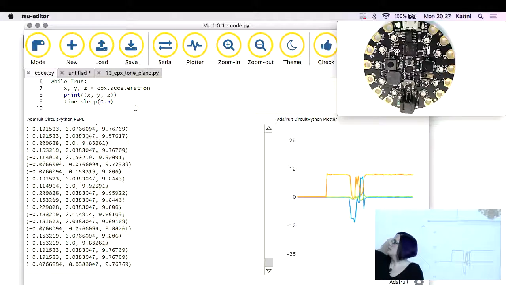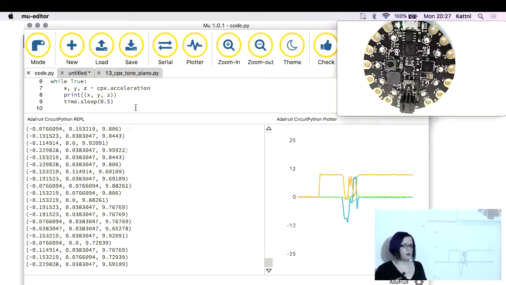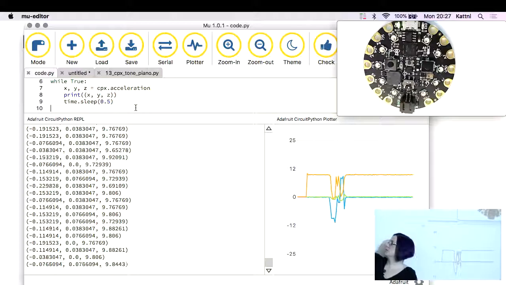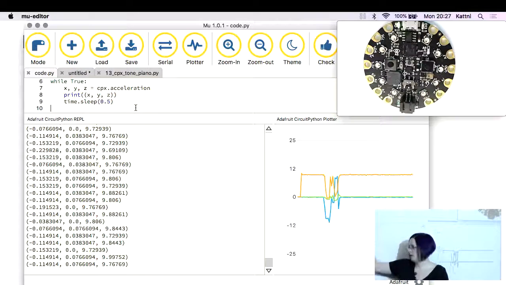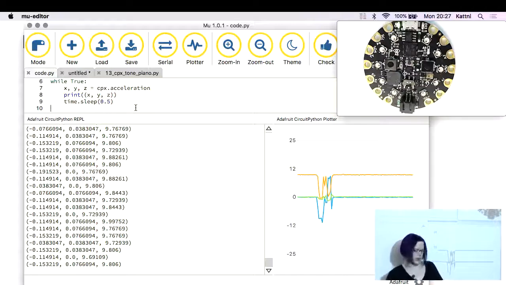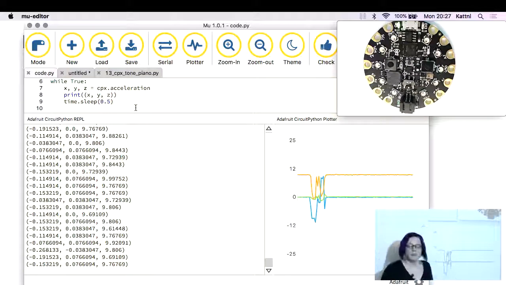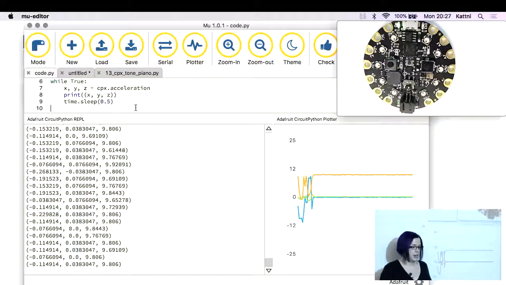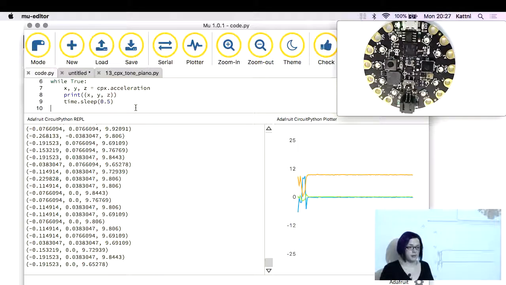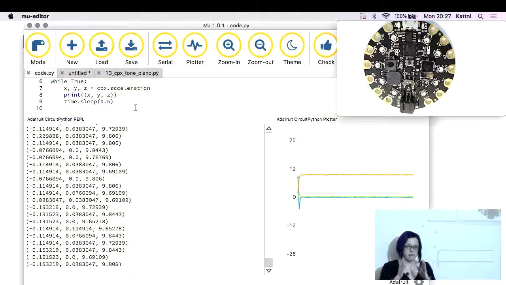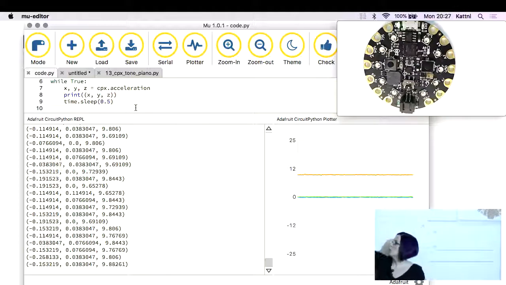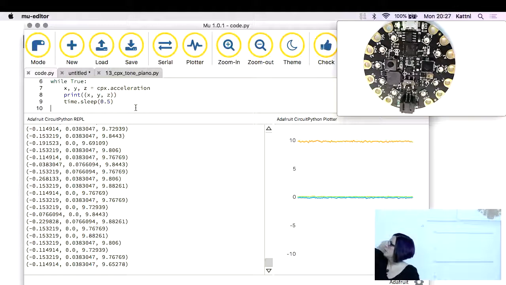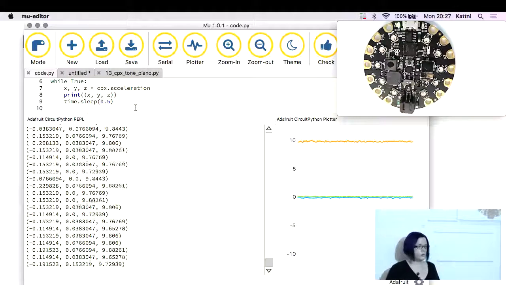Then you want to print, and print statements also want 1 argument, and your argument is 3 things. It's x, y, and z, so that's why we've got the double parens again. And I put a time.sleep on it because otherwise this is impossible to read. It's just really fast. And the plotter works as long as it's what's called a tuple, which is any piece of data and at least 1 comma. Normally a tuple would be multiple members, so anything in parentheses with a comma is considered a tuple. This is considered a 3 tuple. Without that, it would have been a 2. But you can do a single member tuple